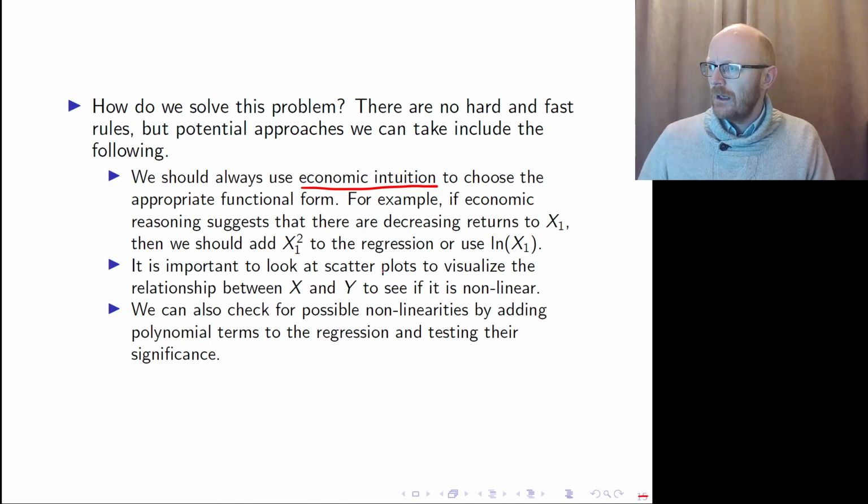For example, as we mentioned, if you have decreasing returns to x1, which means that for higher levels of, for example, production, one more unit of input creates diminishing amounts of output, then you should add x squared, or use a logarithmic